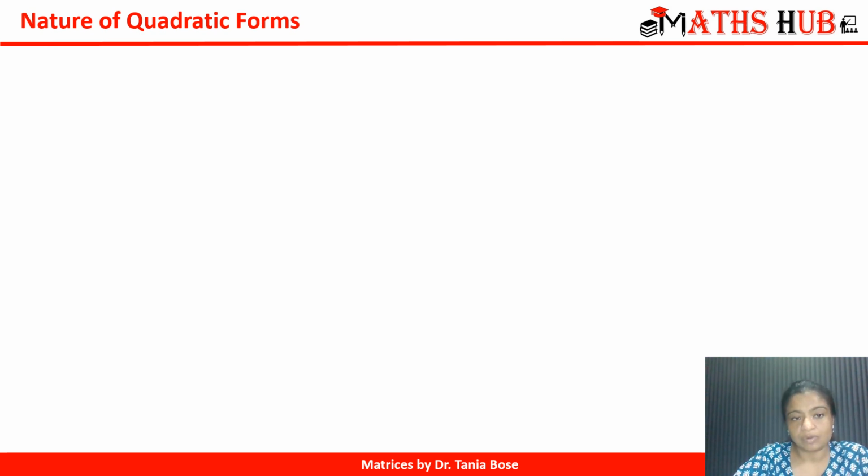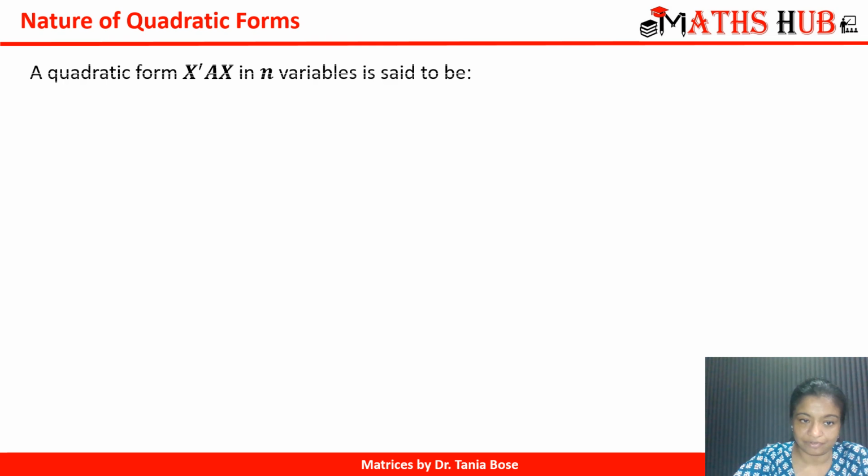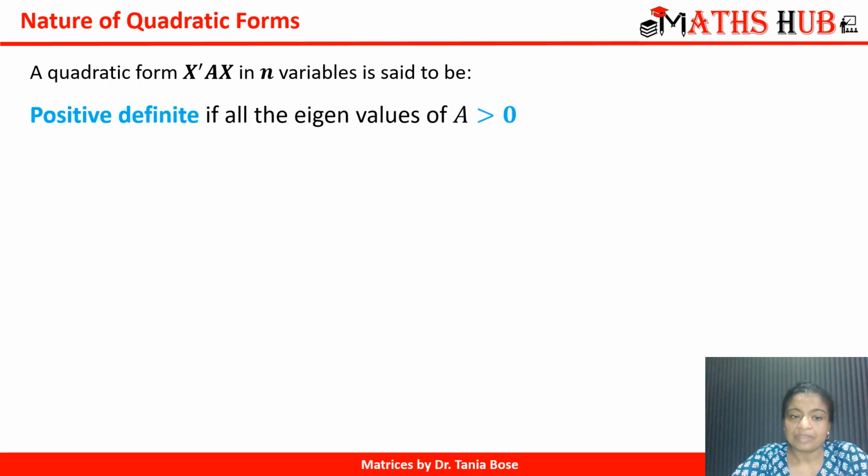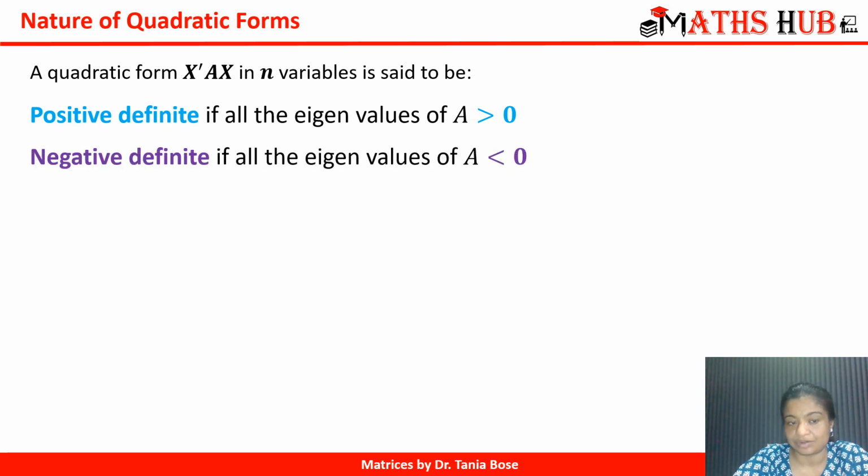Now we are comfortable that whatever is the quadratic form, we can convert it into a matrix notation. And similarly, from a matrix notation, we can convert it into a quadratic form. Now, what is its nature? Now, suppose if we have a quadratic form x transpose Ax in n variables, then that quadratic form is said to be positive definite if all the eigenvalues of the coefficient matrix A are greater than 0, right? So from the name positive, it means that the eigenvalue should be greater than 0. So I hope you remember what are the eigenvalues. If you are not done with it, the concept is not clear, do check my video on eigenvalues and eigenvectors,